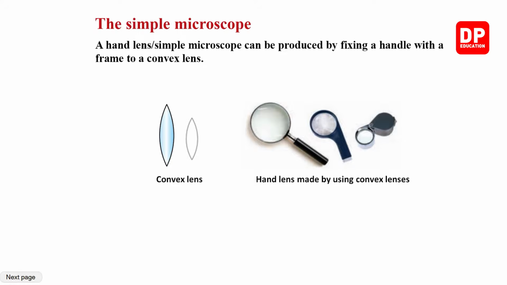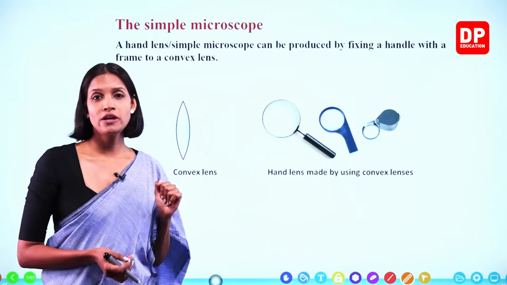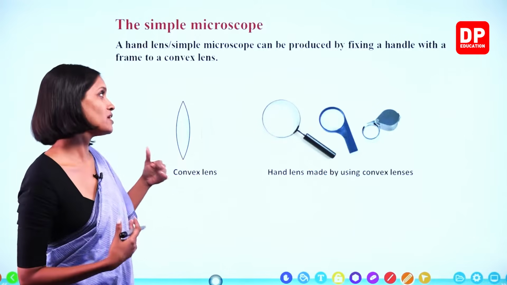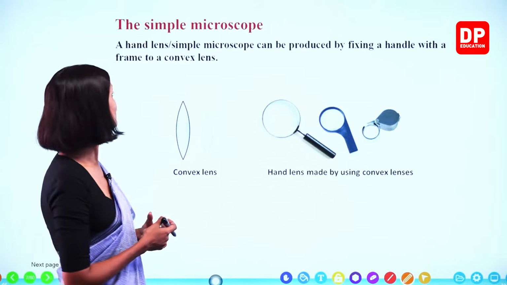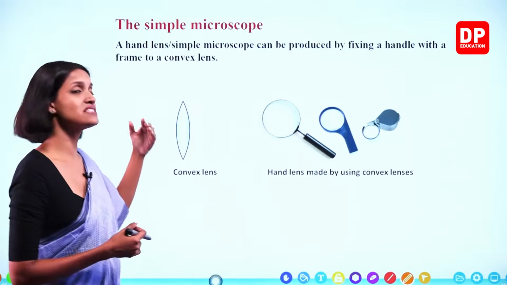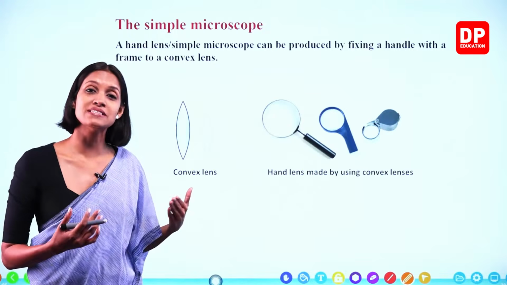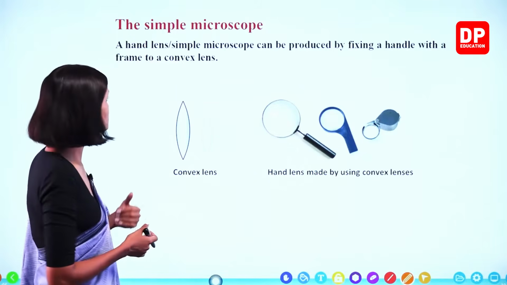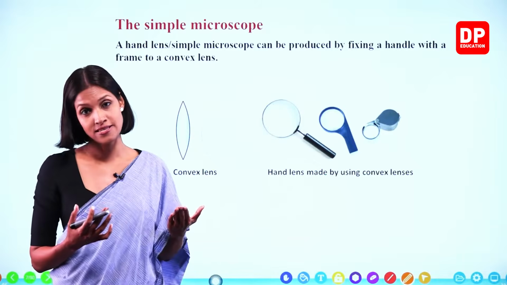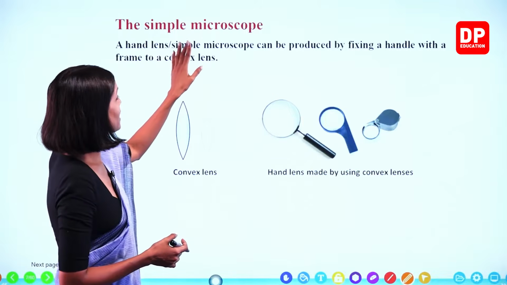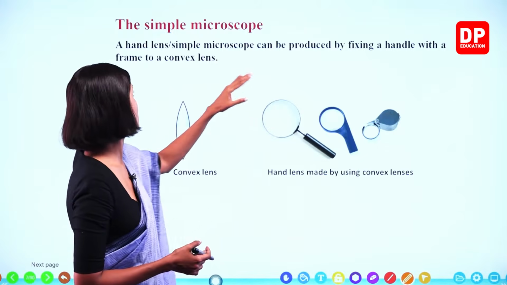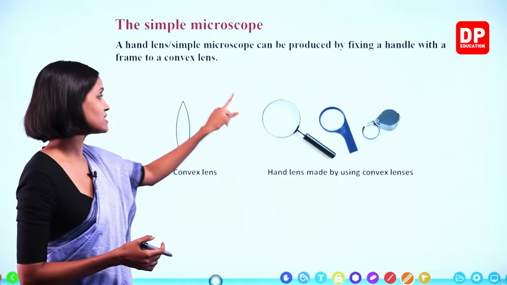Right. So first we are going to learn about the simple microscope. Now you can get an idea that when it comes to microscopes, they contain lenses, convex lenses, okay? The hand lens, what is the meaning of a simple microscope? It is the hand lens, or simply we say magnifying glass, right? A hand lens or simple microscope can be produced by fixing a handle with a frame to a convex lens,